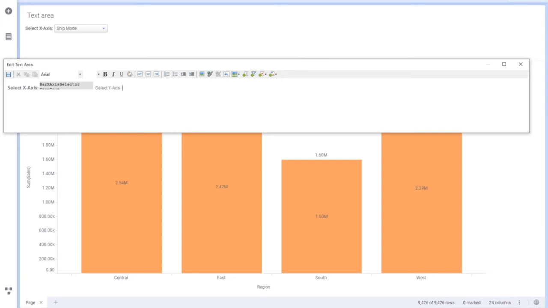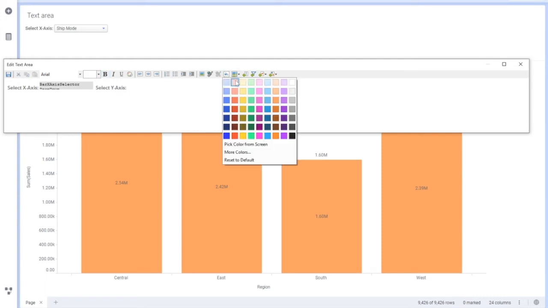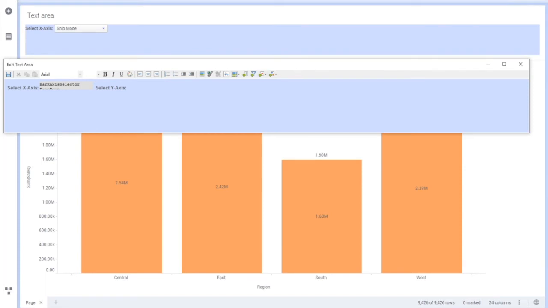Same way, just give some text, and you are aware that you have to modify it as per your requirement, the color and all that you can do. If you want to fill some color in this text area itself, you can use this background color and it can fill up like this. It will look better. Or you can use the themes also. It's your choice. You can use custom themes.